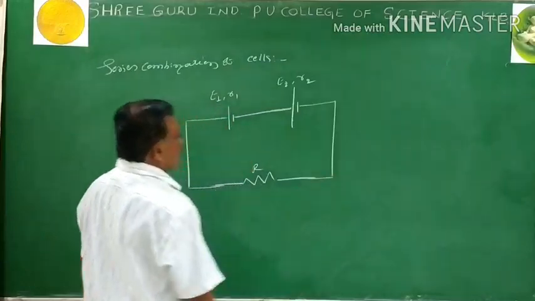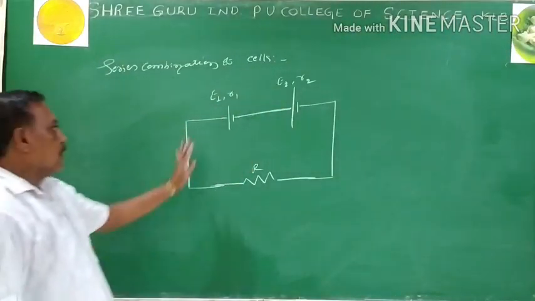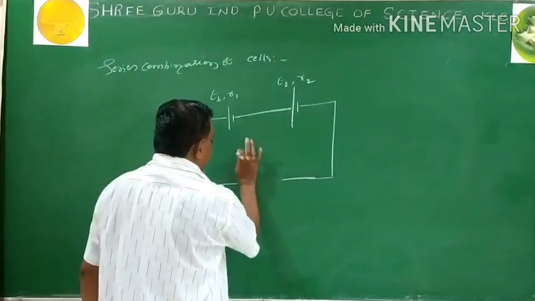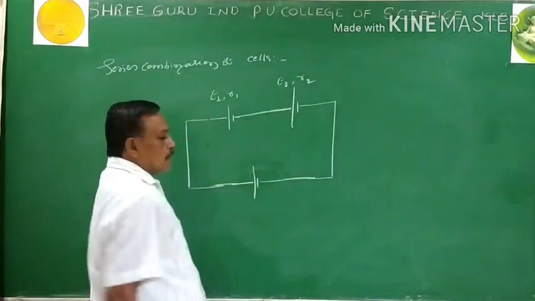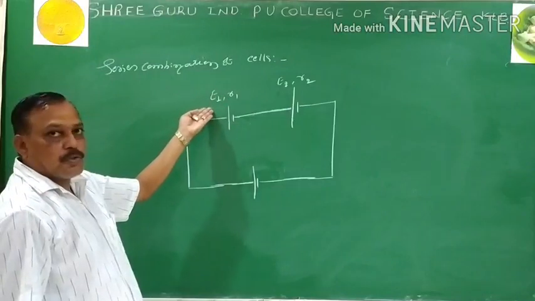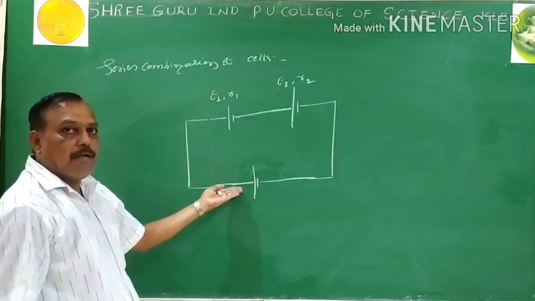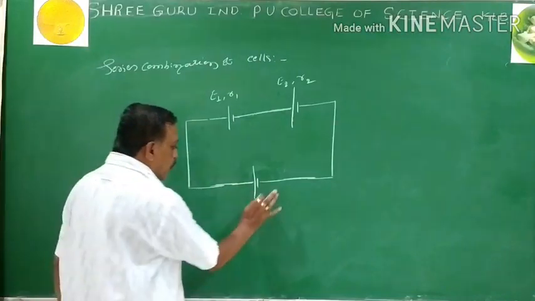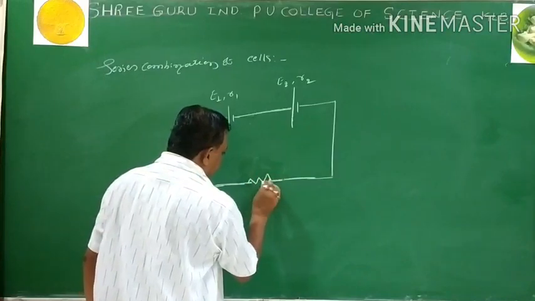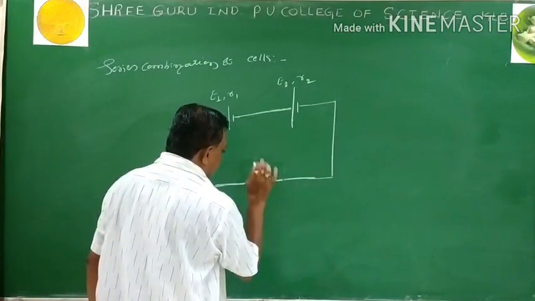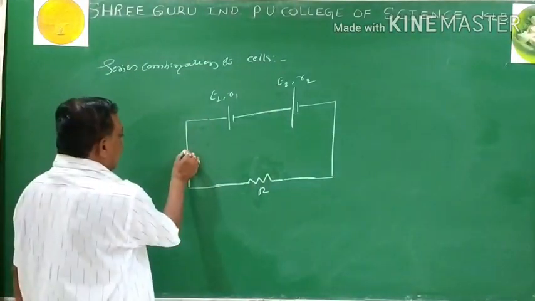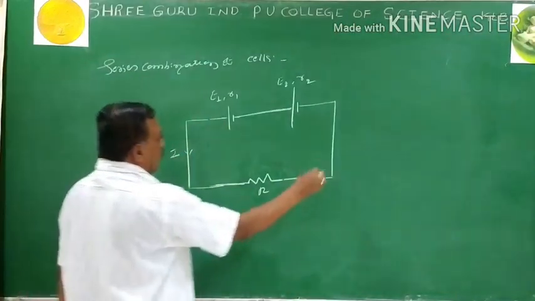Most students have practiced using the combination of the cells, but once again they take the cells like this. This is not the combination. The cell is providing the current; where is the current to be passed? Through the conductor. I need the path for the current, and every conductor has resistance. So never do this; include the resistance. Mistakes happen, let them happen; that is good, so that we can learn the things. Correct? Now the cells send the current I. The current starts from positive and terminates on negative.